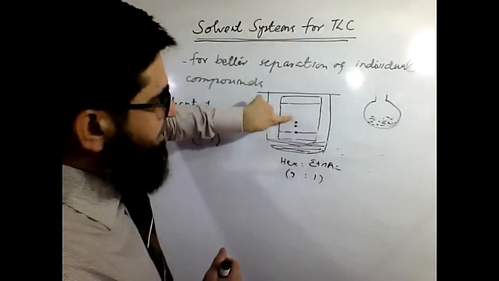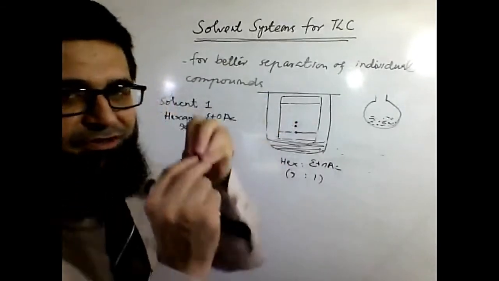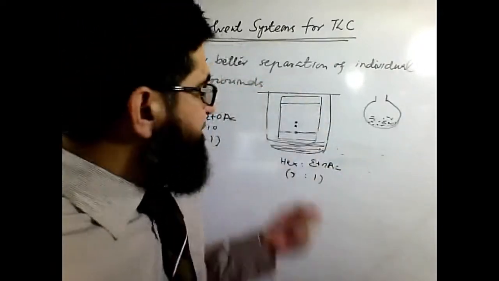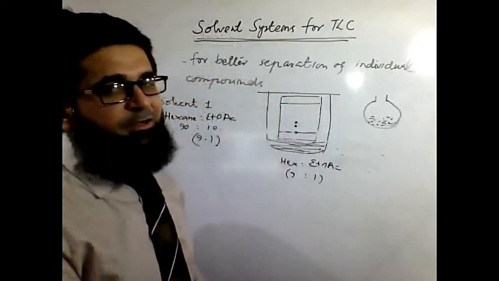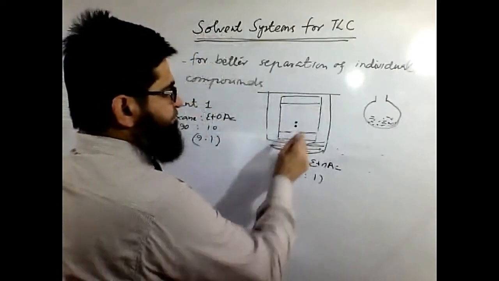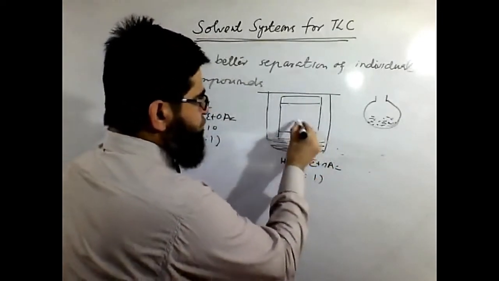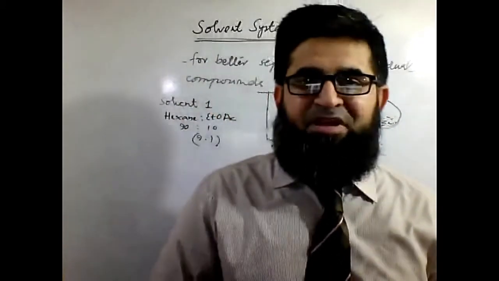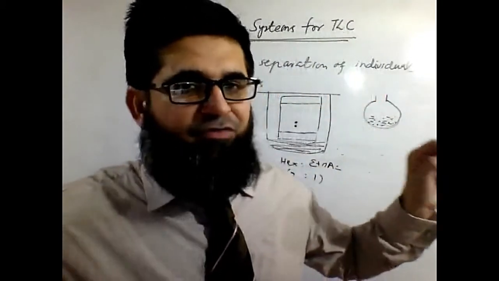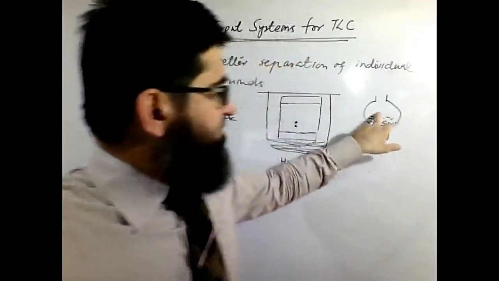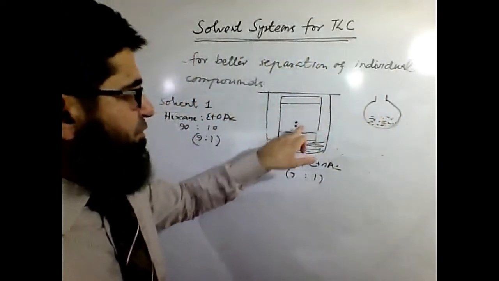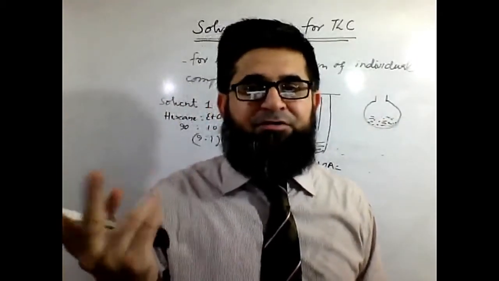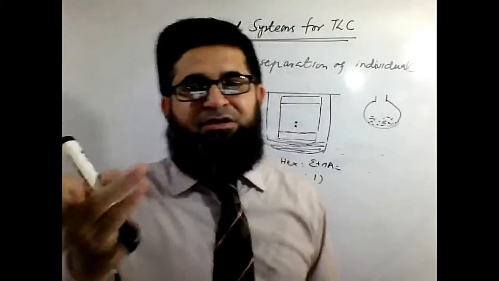So there will be a difference, a distance between the two spots, which will confirm that after the reaction there are two spots present in the flask. The one drop we got from the flask represented two spots, and two spots means there are two products. One is a byproduct, the other is a major product.